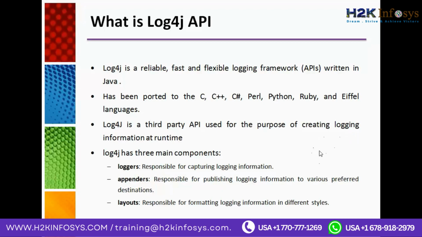The next component, which is important as far as Log4j API is concerned, is the appenders. The appenders are basically an interface by itself and are responsible for publishing logging information in different destinations or in preferred destinations. The destination can be a particular folder, or a particular path. The appenders also help, apart from logging information in various destinations, in creating log files in text format, creating log files in Unix syslogs, or creating log files in